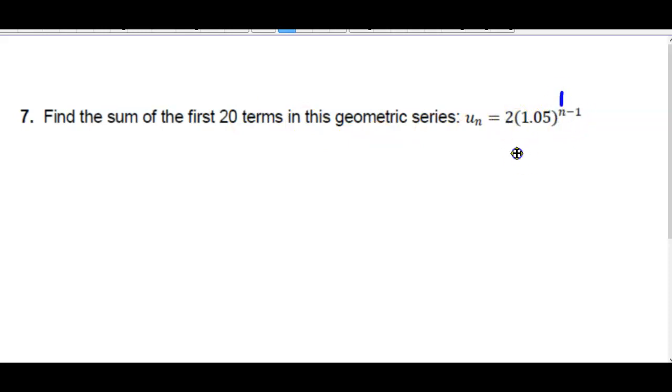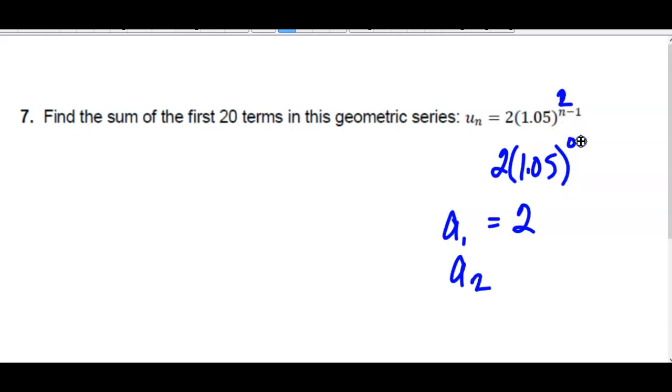Well, you could put in a 1, and you'd have 2 times 1.05 to the 0, which would be 2. And that's term 1. Term 2, you would put in a 2 up here, so you'd end up with 2 times 1.05 once, which is 2.1. You could put in a 3 just to see what happens here. 2 times 1.05 to the second then would be